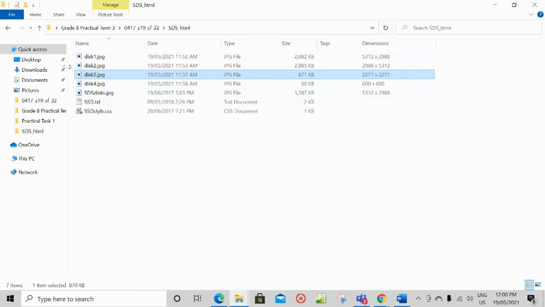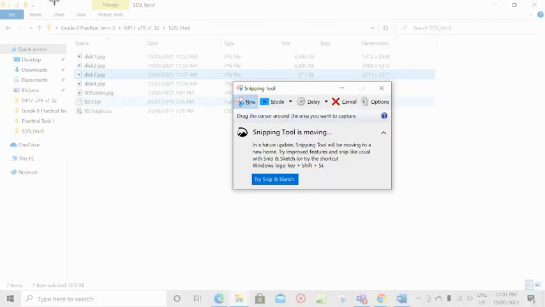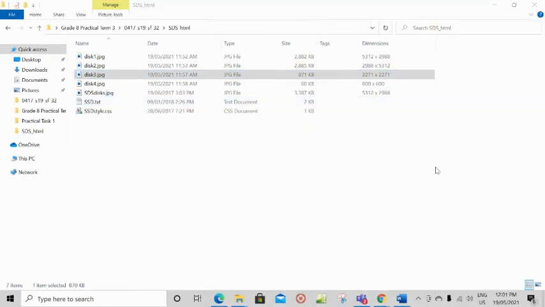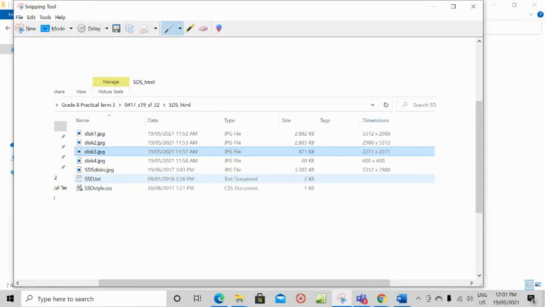File size is visible. The extensions of the files are shown. This screenshot you have to take. You can either use the print screen button on your keyboard, or you can use the snipping tool. Right now I'm going to use the snipping tool. While using the snipping tool, make sure the folder name is visible, the file names are there with their extensions, file size is there, and dimensions are mentioned.